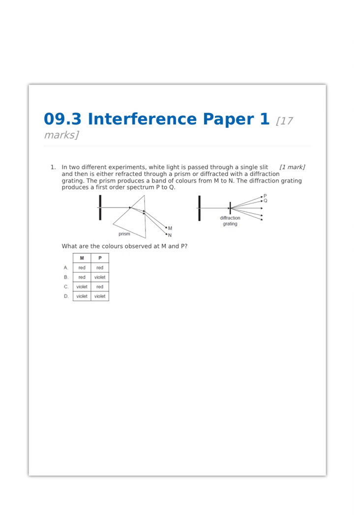So this video is for the paper 1 questions on 9.3 interference, paper 1 being multiple choice. QBank found 17 questions, and this solution video is for the majority of them, but some have been set aside for a take-home assessment. At any rate, number one's kind of interesting, and it references a diffraction grating and